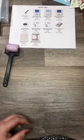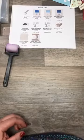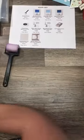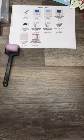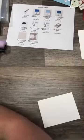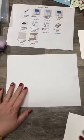So then the next thing we're going to do is, let me look here. I'm missing my paper. Bear with me. I had my paper cut. Here we go. Okay. So when we're sponge brayering, I'm going to put a piece because I get a little crazy with my...